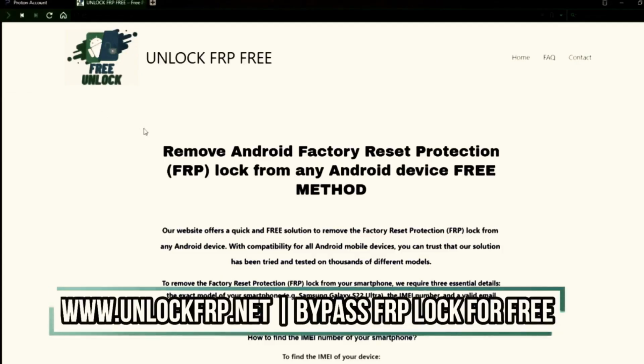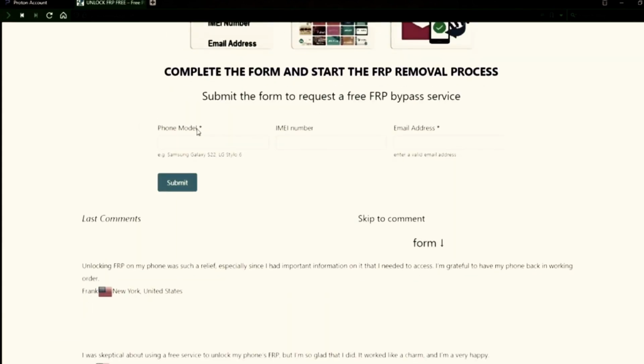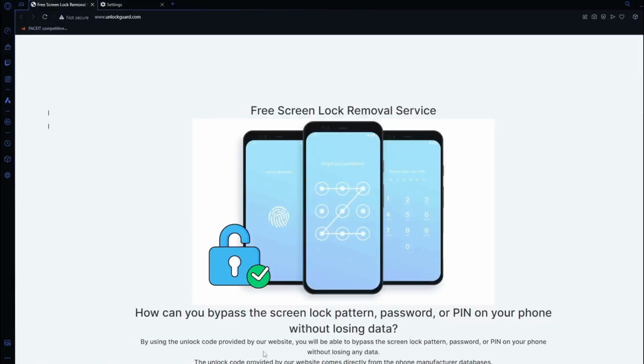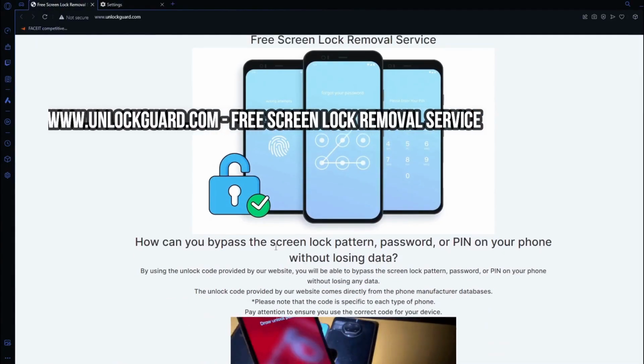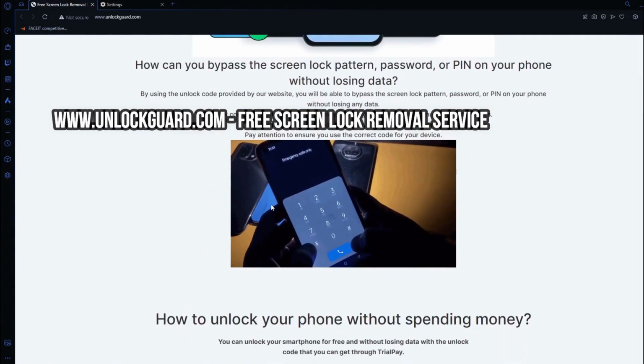For the factory reset protection unlock, you will need to access this website. Here, you will need to complete a form with your phone model, IMEI number, and email address. To bypass the screen lock pattern, password, or PIN on your phone without losing data, you can use this free